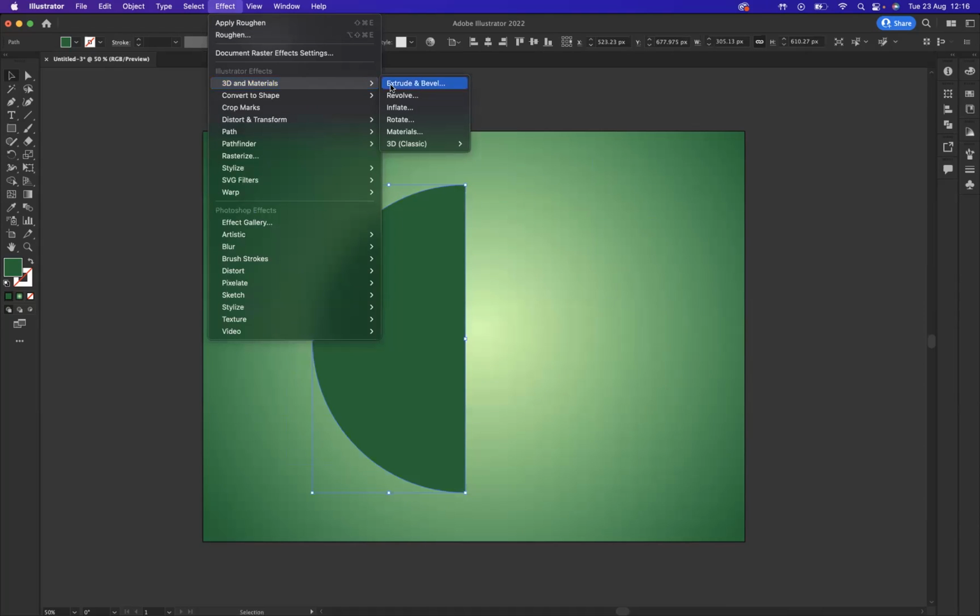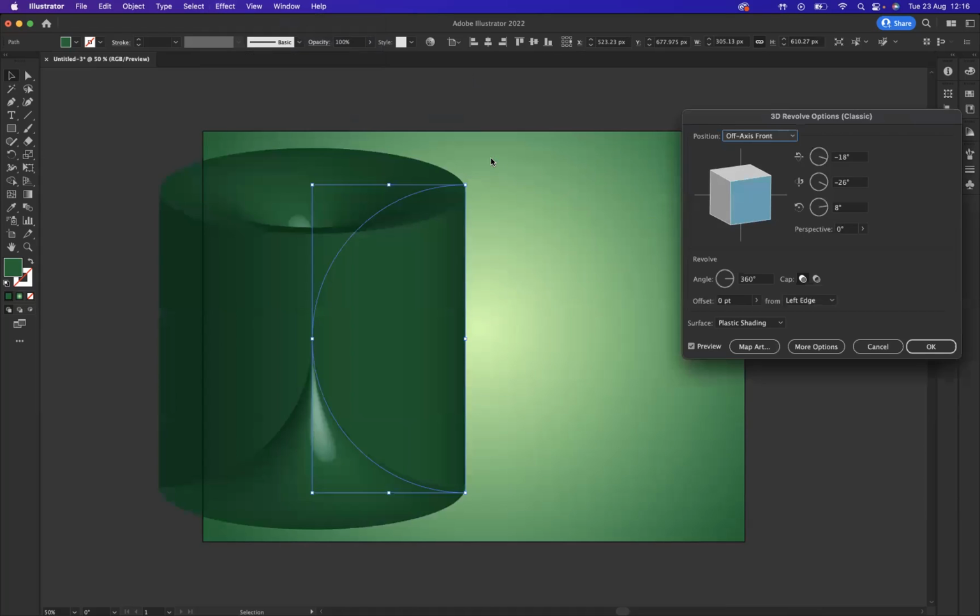Quite recently, Illustrator has updated all of their 3D options. We've got tutorials that have been released about using them. What I'm going to do today is stick with our 3D and classic options. What I'm going to do is come through and we are going to say revolve, like so. Now, as you can see, the shape isn't looking sphere-like or anything like that. So what we need to change is our offset from the left edge, and we now need to change that